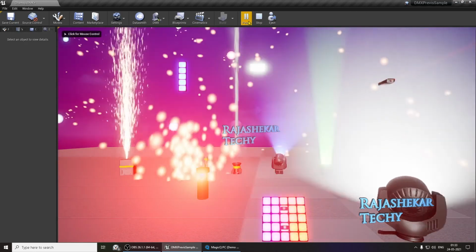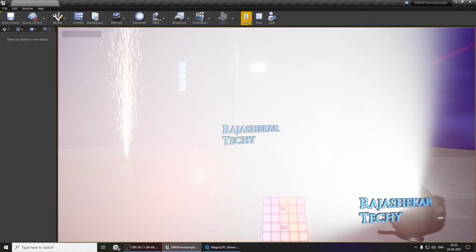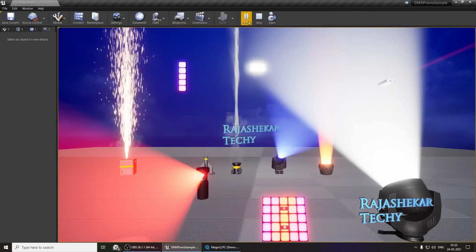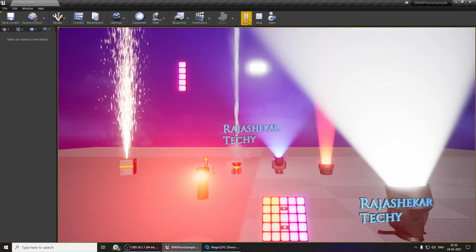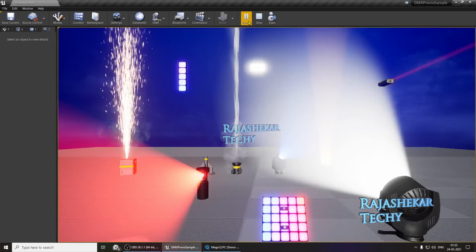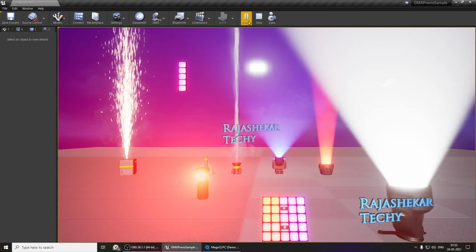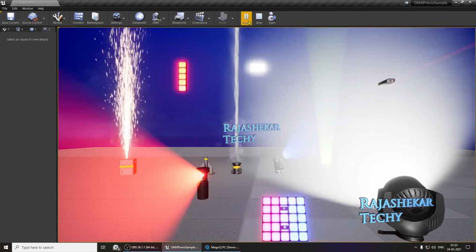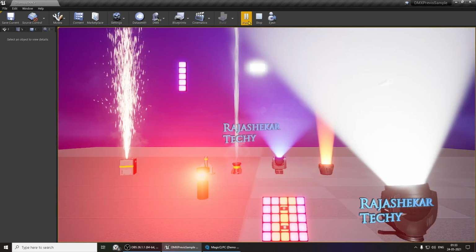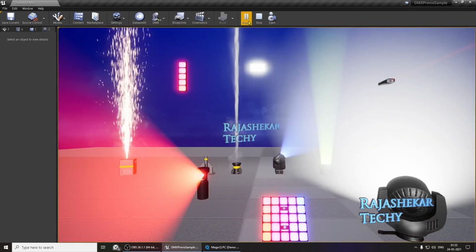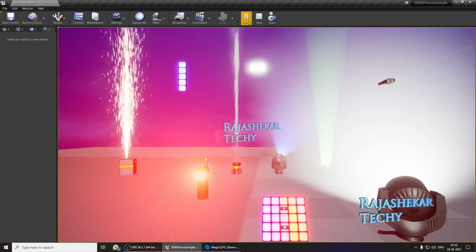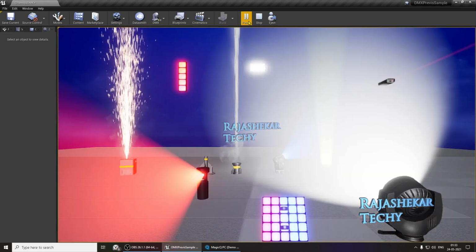So people, with this we have reached the end of the tutorial. Hope you found it useful. This is how you patch, this is how you animate every light using ChamSys. There are more areas for you to explore. You can try different styles, different ways of adding effects, and ChamSys is an ocean. So keep exploring and have fun.